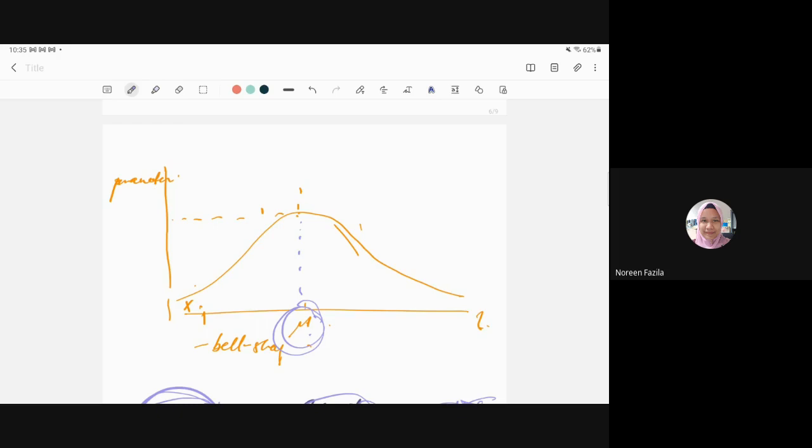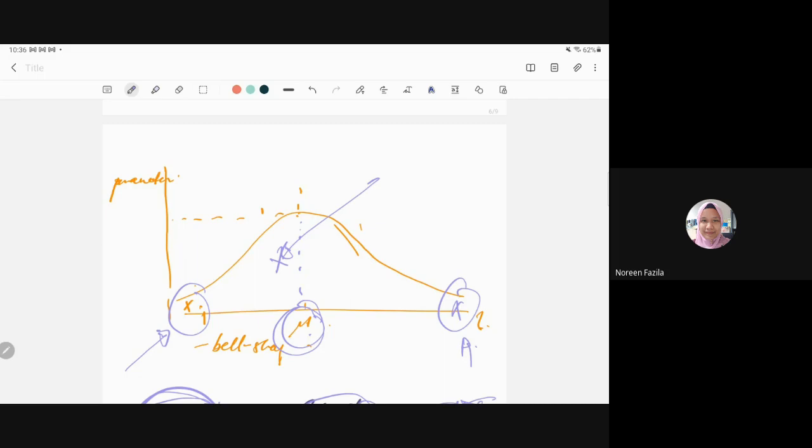So if you were to take only one individual to represent the estimation of the population mean, we may pick one from here. Most probably, we will pick one from here, right? But there is also a possibility that it is from here or from here. Okay, if we were to take two individuals,